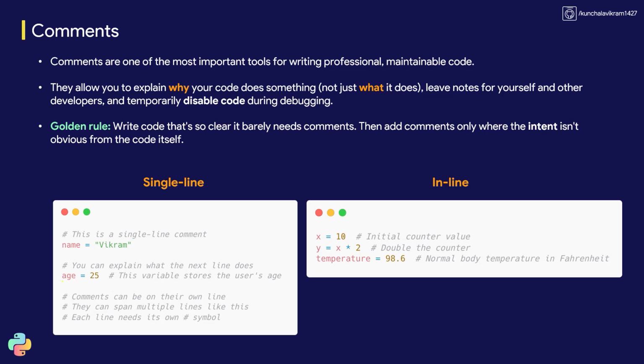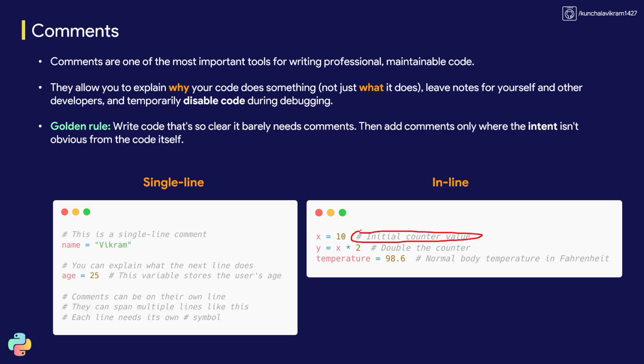You can explain why the starting value is 25, and why I'm not starting with some other value. So these are all single line comments, where you write in a single line using a hash. But in other programming languages it can be double slash, while in Python it is hash. There is also an inline way of writing a comment, where you initialize a particular variable like this,